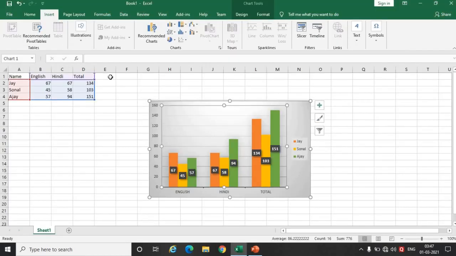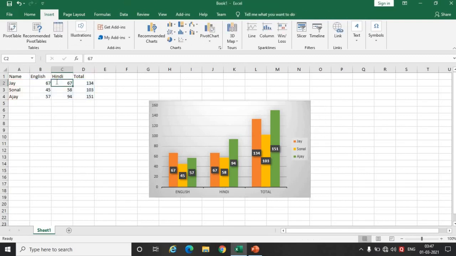If you want to change the series of this chart, just click over data, put whatever data you want over here, and you can see that it has gone to the bottom. So in this way you can change the series of a chart. You can include a legend, you can change the legend, and do many things with a chart. Guys, I hope you understood how to create a chart in Excel.